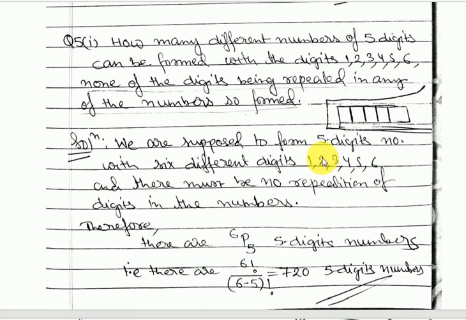6P5. Here n is 6, and at a time how many digits are we taking? 5. So r is 5. Okay, and there is no repetition, so we can use this formula. So 6P5. Okay, there are 6P5 5 digit numbers, and that means if you solve this you'll get 6 factorial upon factorial of 6 minus 5, equal to 720. So you can get 720 5 digit numbers using these 6 digits. Okay,